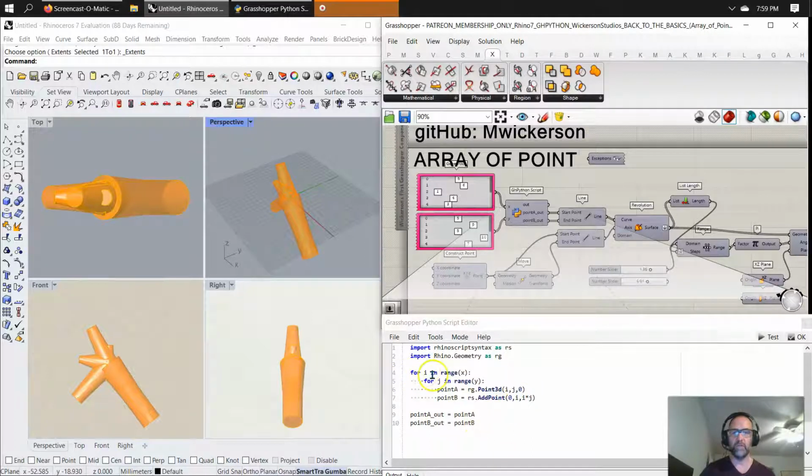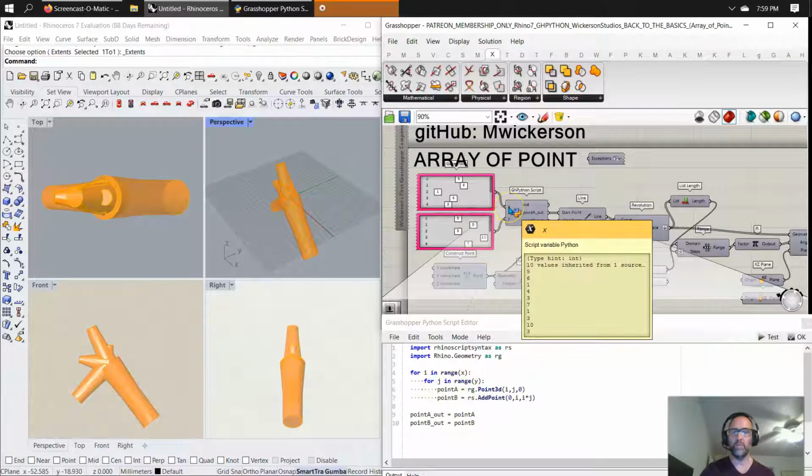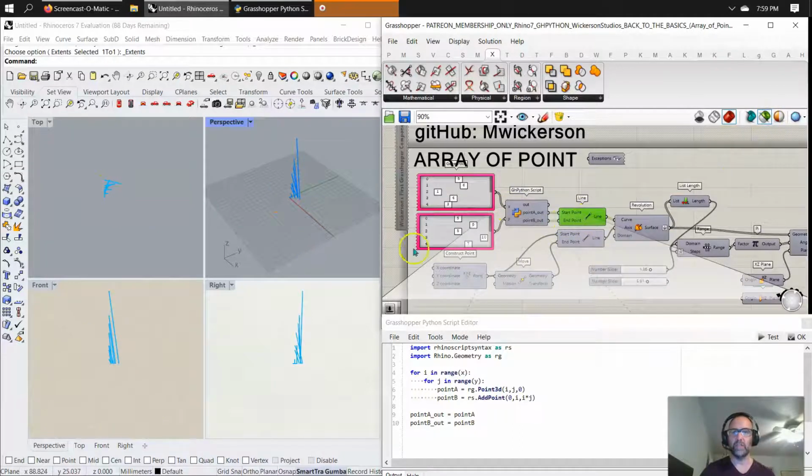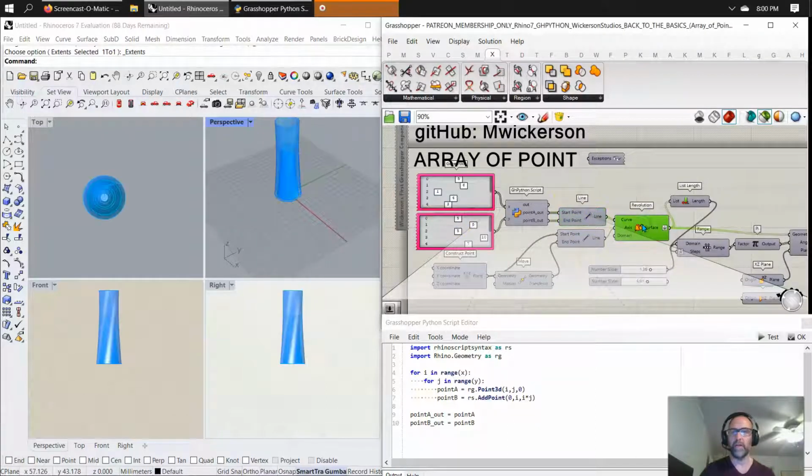But you can see I'm doing two iterations dealing with an array of points, I in range X and J in range Y, which are being generated by a list. So you've got multiple points, which generate a whole bunch of wonderful lines. If we take a look in here, these lines and this initial line, which is an axis. So even though I'm generating these start finish lines on the X and Y, I'm revolving those around an axis,